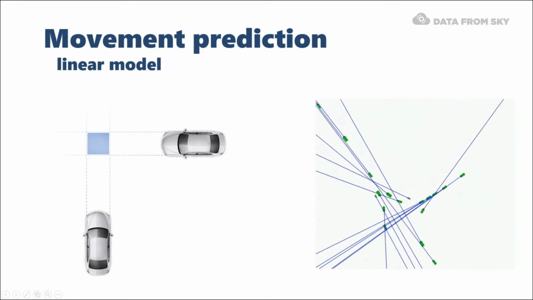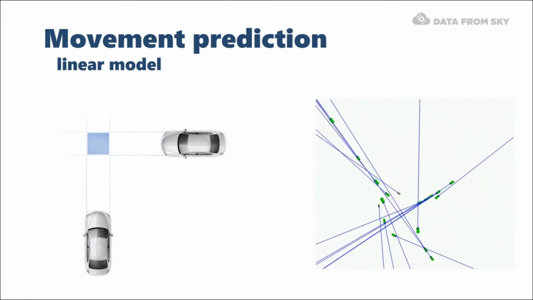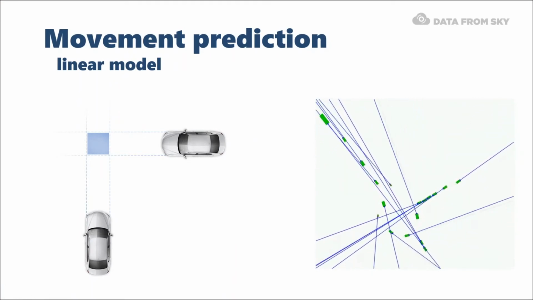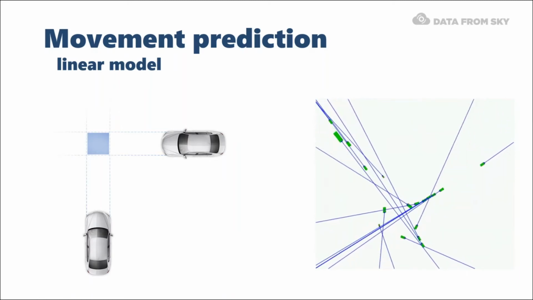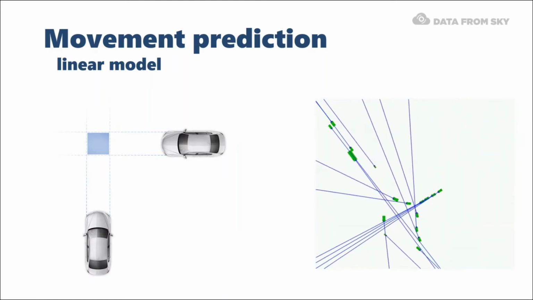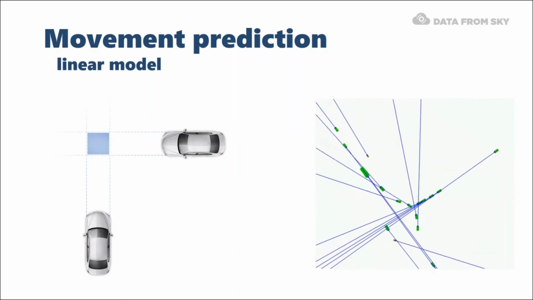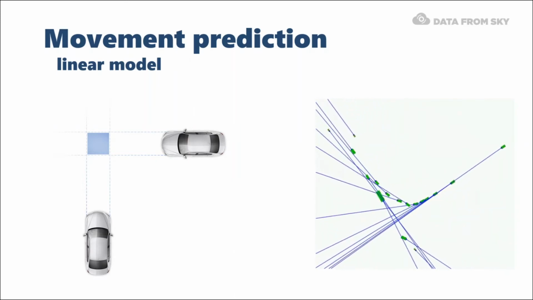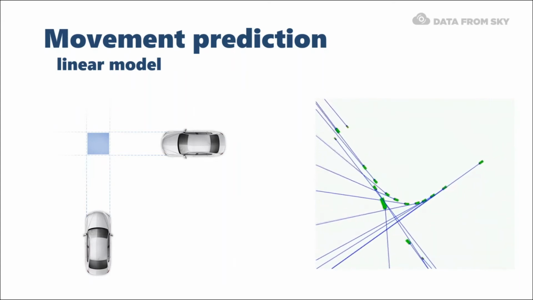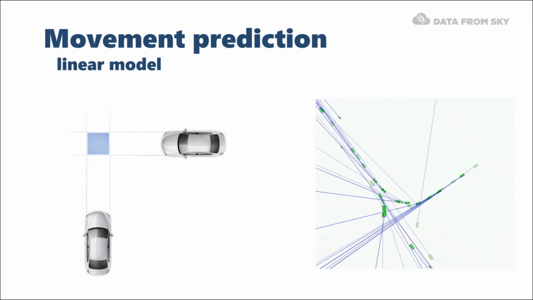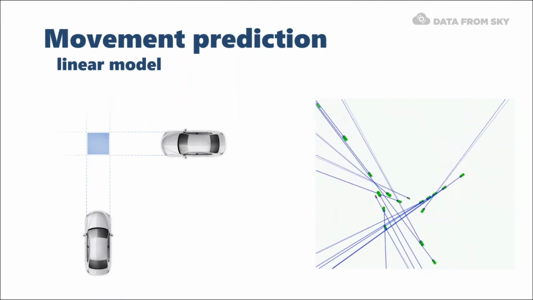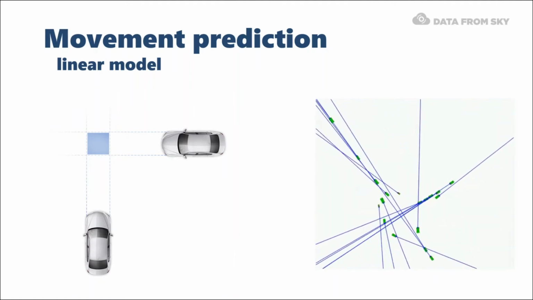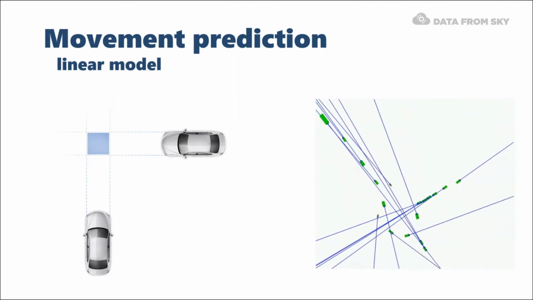To detect potential conflicts, we use the principle of simulation and prediction of the future state. We use two methods of prediction. The first one is a linear model, a simpler variant that doesn't take into account the rotation of the vehicle's wheels nor the braking. It's used, for example, to predict the vehicle's movements on T intersections or motorways or just